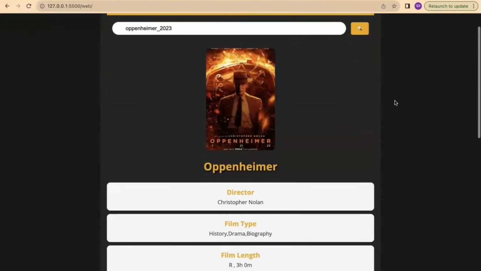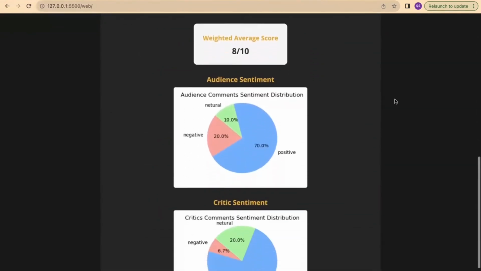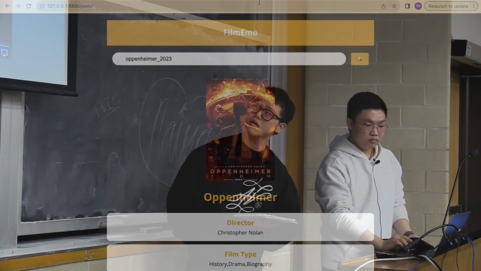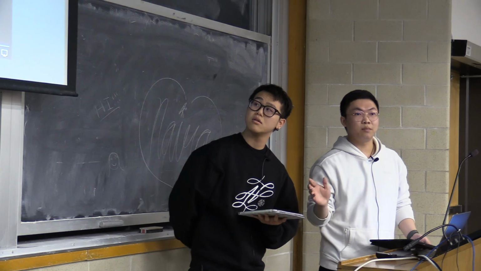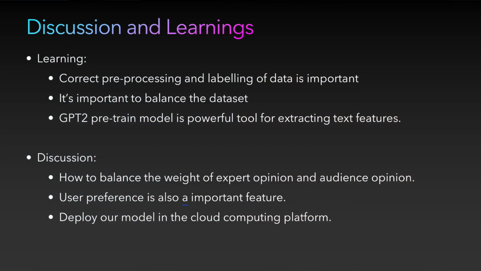Okay, here is an example. We have got the audience average score and the critic average score. These three scores are generated by our model, not from the website. And here is the